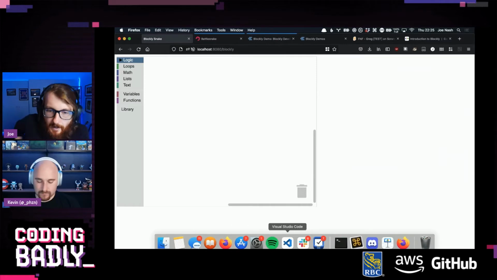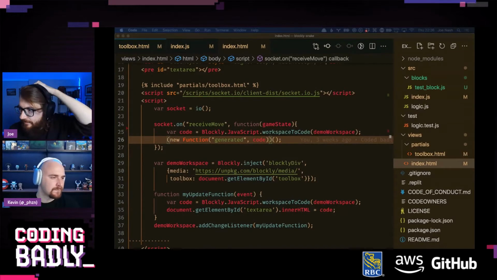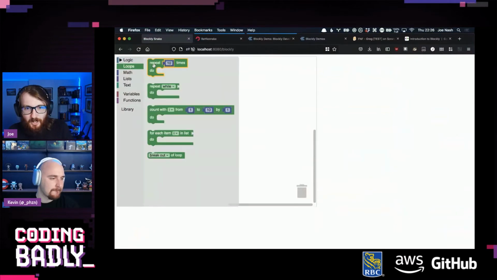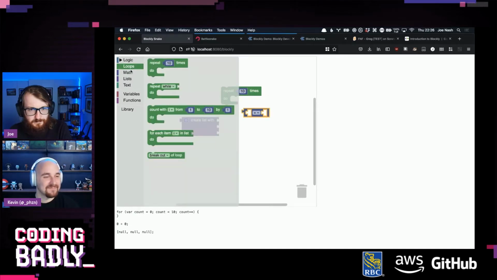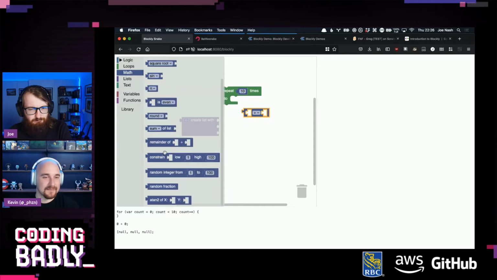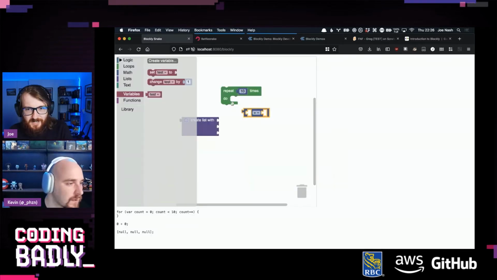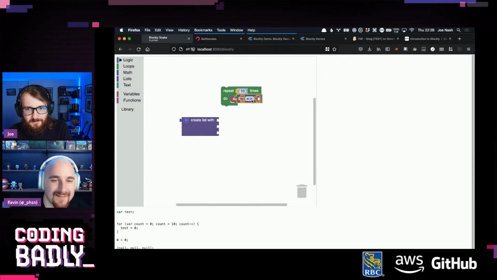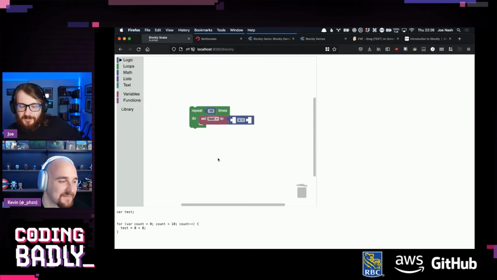Okay, but in the meantime, I'm going to get on this saving issue. So what we discovered last time, as a brief example, we're building our Battlesnake, we've got some lovely code, we've thrown it all together, doing lots of cool things. Sorry, I've been thwarted. What fits in this shape? I want to repeat. Okay, there we go. Set test to that. There we go. Built some lovely code, and then because we're on a fast development cycle, I refresh the page and it all goes away. So what we want to do is save the workspace and reload it.